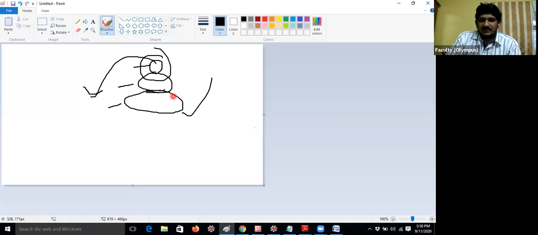I have given a target like 15th September, like Engineers Day. The students placed the records in my cabin, like this. Whoever placed it first, I will not correct it first, because I would like to correct after Friday. That means the first record on top is the last inserted item, right? Because whoever submitted last, that record will be placed on top. So that is nothing but last in, first out.